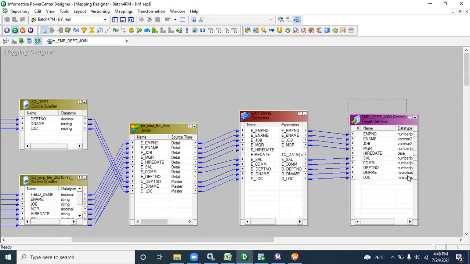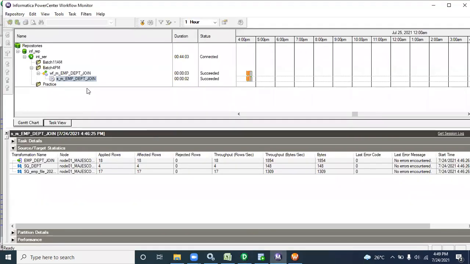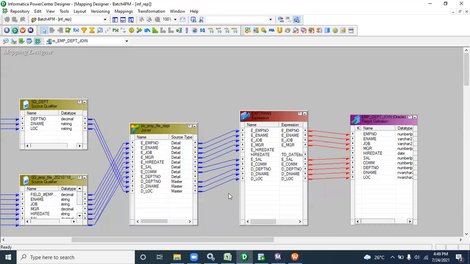Your source and target table creation, each and everything is taken care of by the client or BA or DBA. You need to implement only those things. If you face an issue, you just take a screenshot and mail it to the client: we are getting a null record from this join, could you please look into this, what is the logic? They will go through that and revert back through mail.